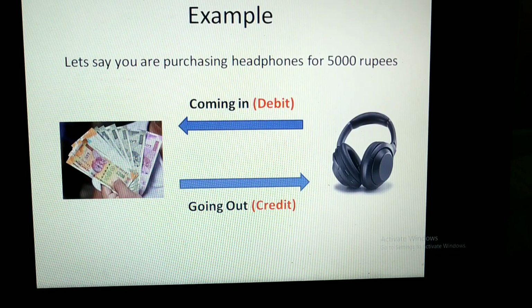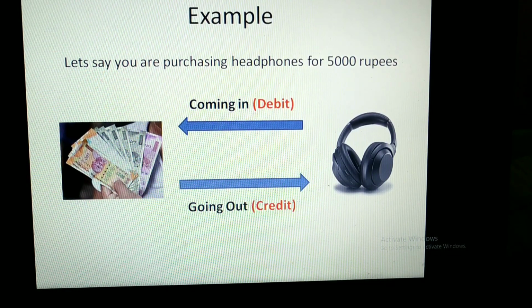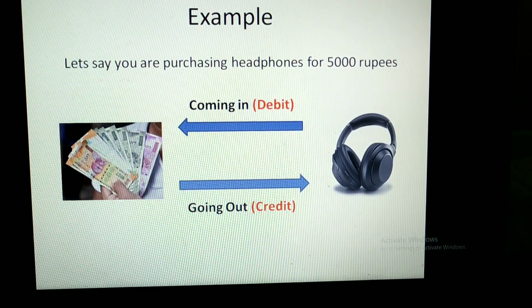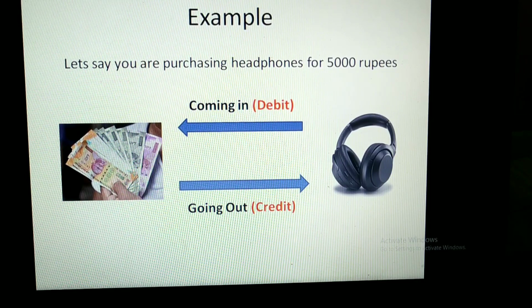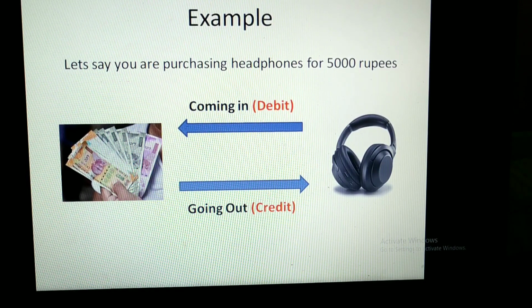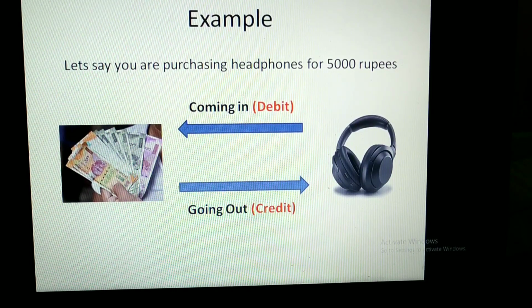Now you need to know how there are two legs to this transaction. So we can see in the slide that we are making a purchase of headphones by spending rupees 5,000. So 5,000 is going out of my pocket and headphones worth rupees 5,000 is coming in as represented by arrows. So these two aspects, which we are calling debit and credit aspects, are treated as a transaction and is to be recorded in the books of accounts. I hope we are clear with this example.